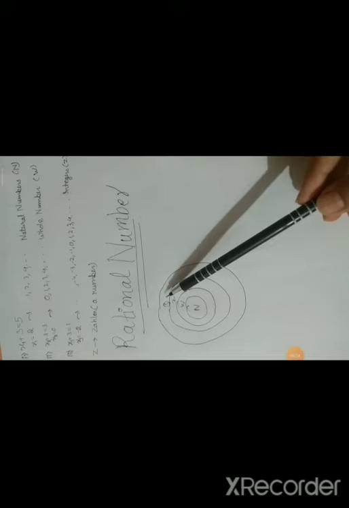See this figure. Here the circles indicate that whole numbers contain natural numbers, integers contain whole numbers, and rational numbers contain whole numbers, natural numbers and integers, all these three. So if there is some valid property for natural numbers,